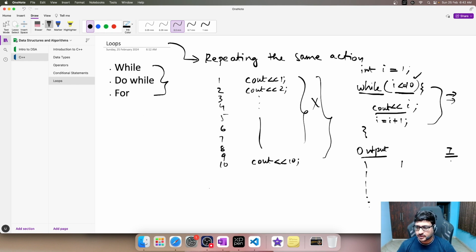Sorry, the value of I was initially 1, now the value is 2. Now again the compiler goes back and checks this condition. Is I still less than or equal to 10? The value of I is 2, 2 is less than or equal to 10, so print I, 2, and then